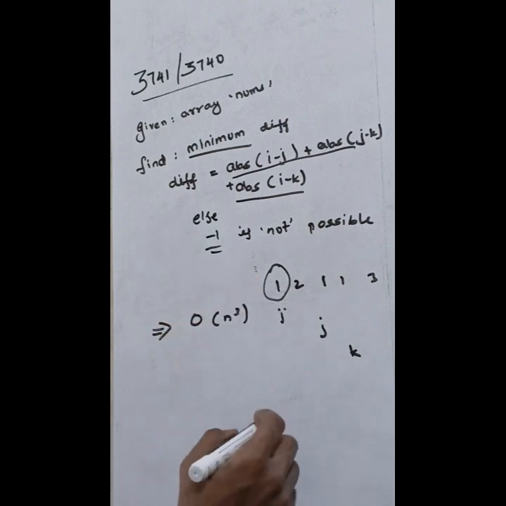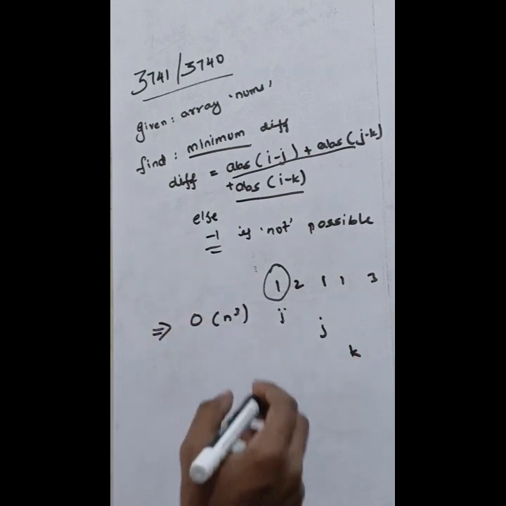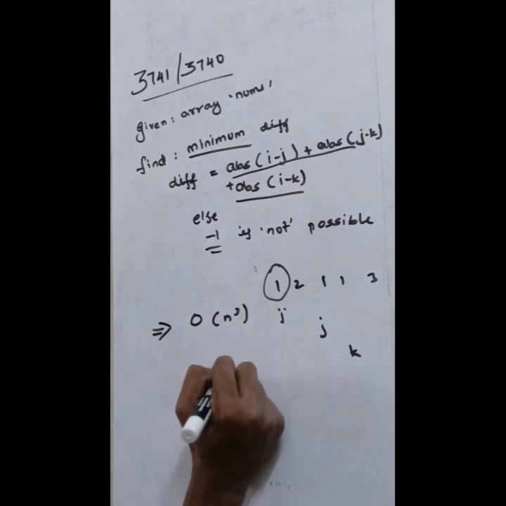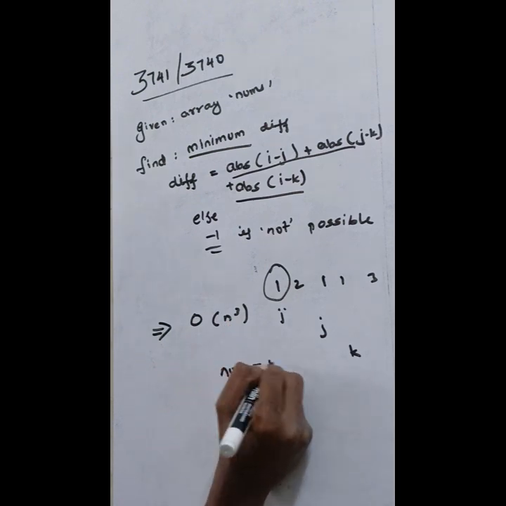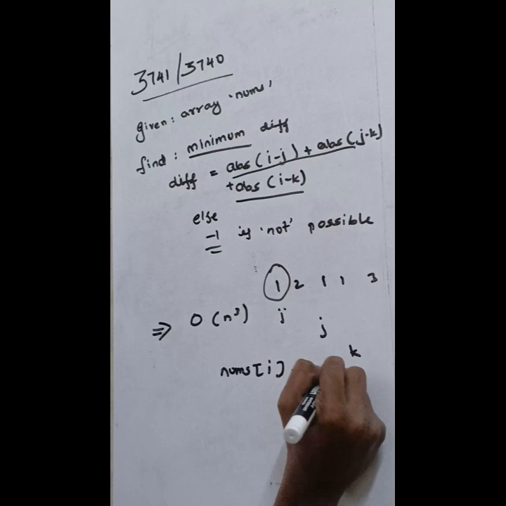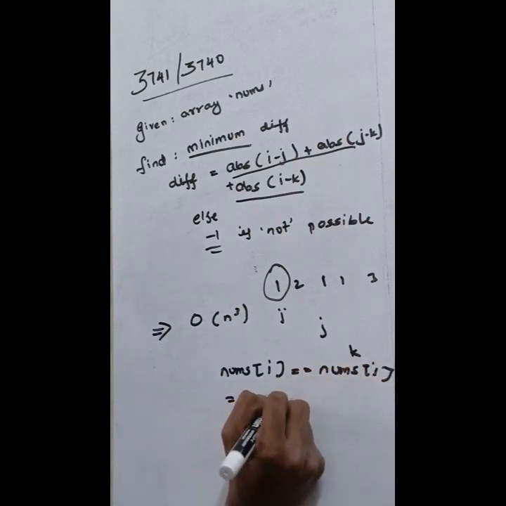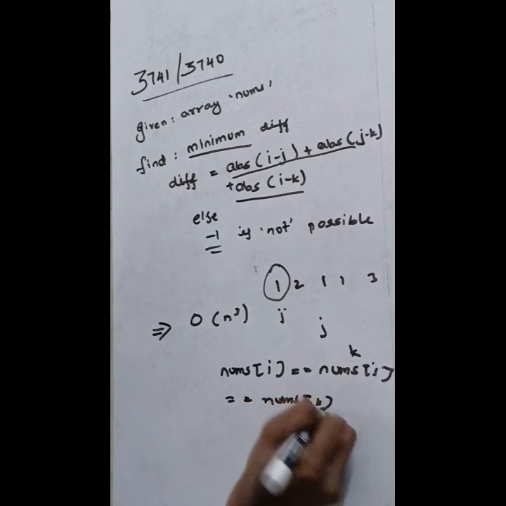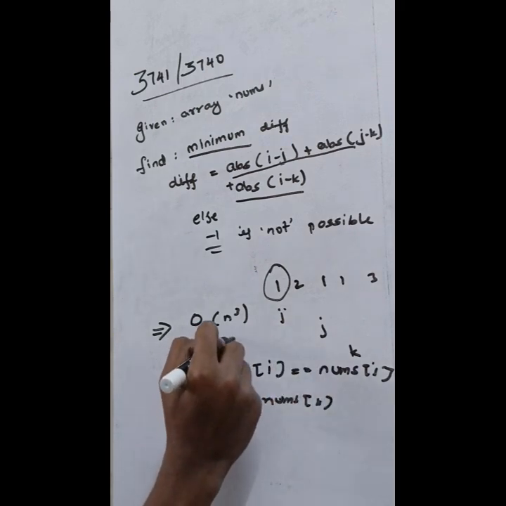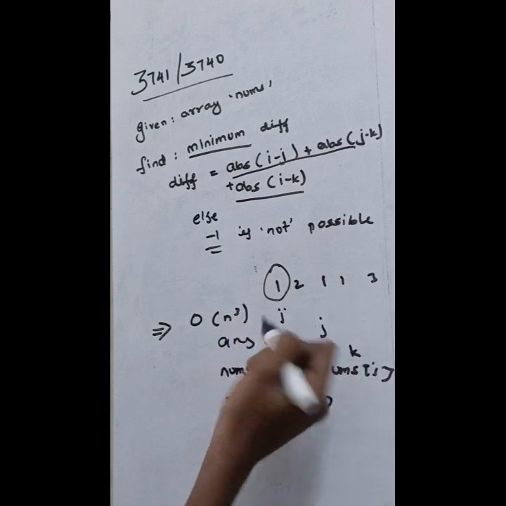So likewise, you can run a loop for O(n) cubed times until you meet a condition where nums of I equals nums of J equals nums of K,